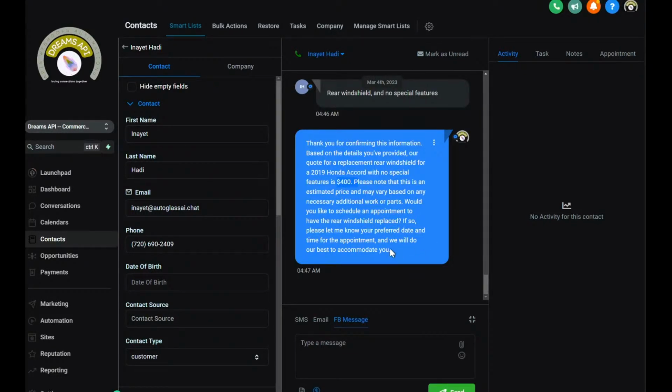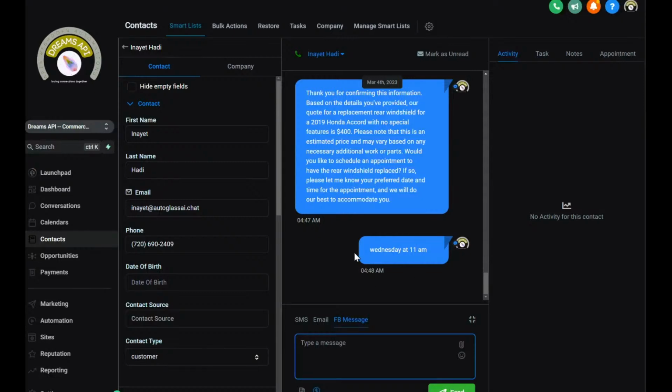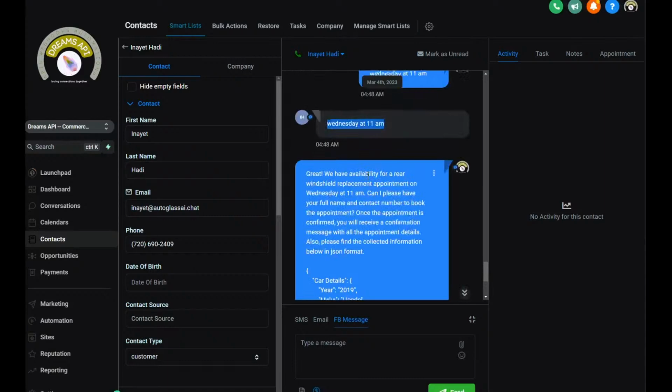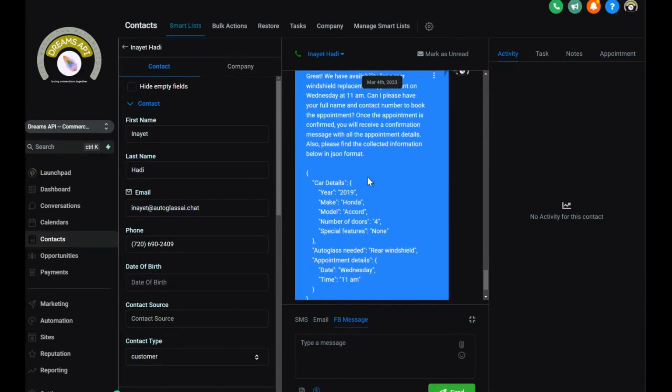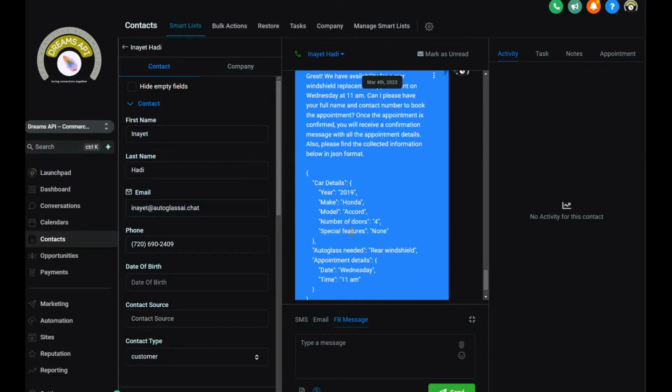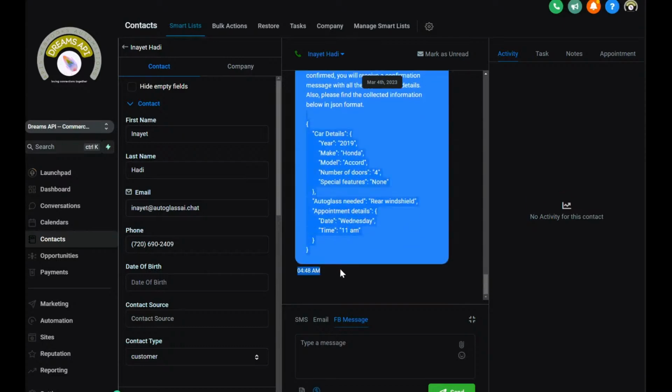Absolutely. Let me know your preferred date and time. And so I will say 11 a.m. The challenge that we're working on is building a webhook function that interacts with the HighLevel calendar integration, so that it searches for actual free time slots and produces them. And this right here, the JSON format